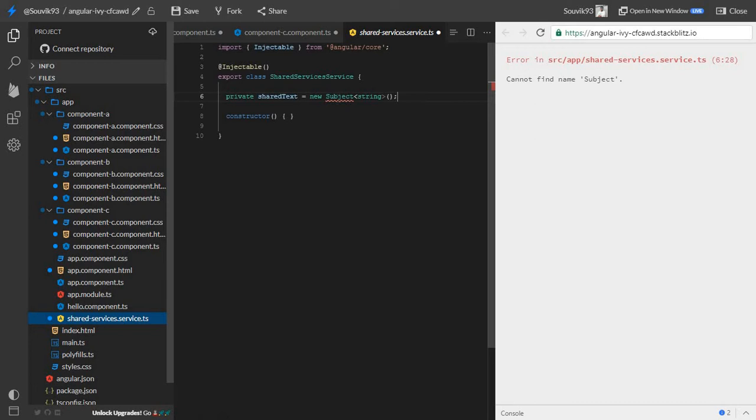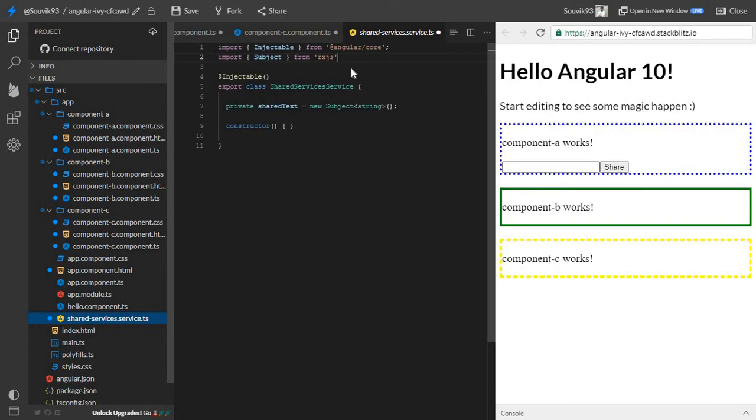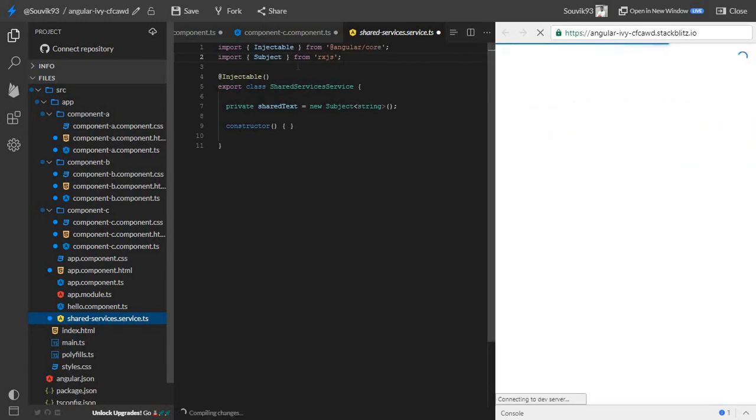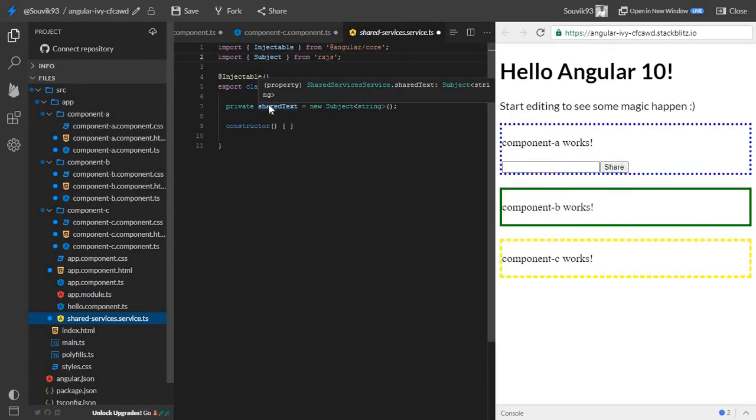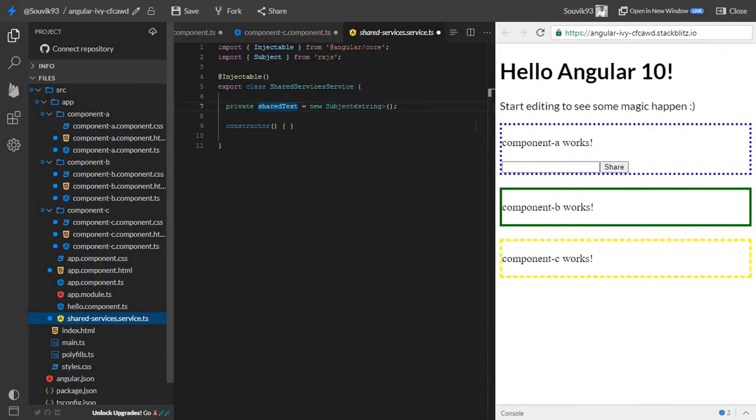Let me import Subject also, import Subject from RxJS. Okay, I think it's good. Now I created one common service and one variable, and I'm going to initialize the subject there. So we are going to use a string type subject only.